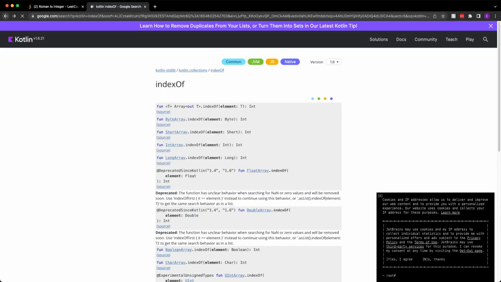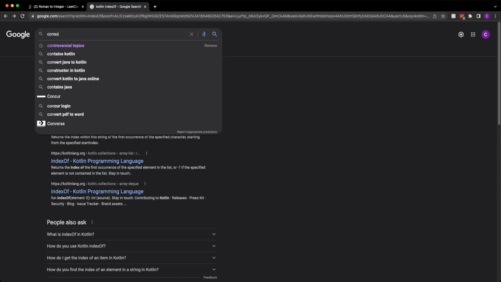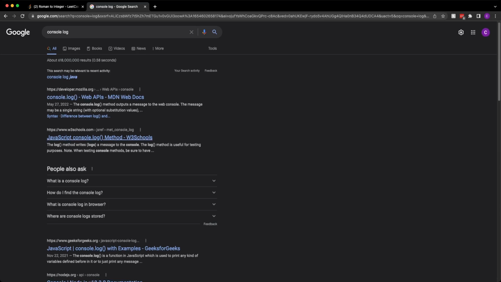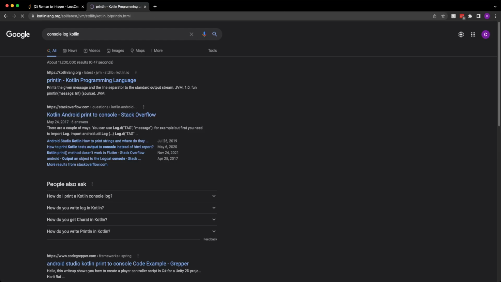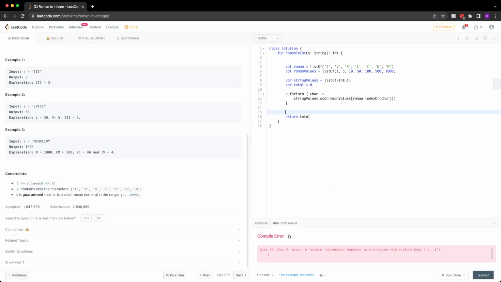And I actually don't use the regular console logger in Kotlin, so let me look up the syntax for that. Yeah, it's just println. Okay. So let's do here println string values, just to see what that's printing.